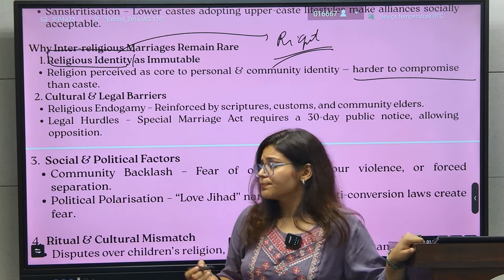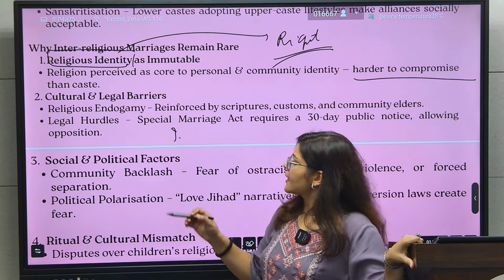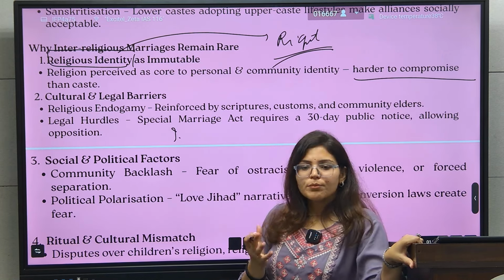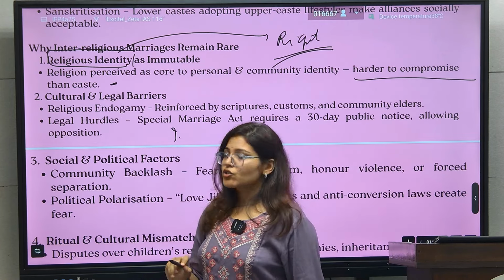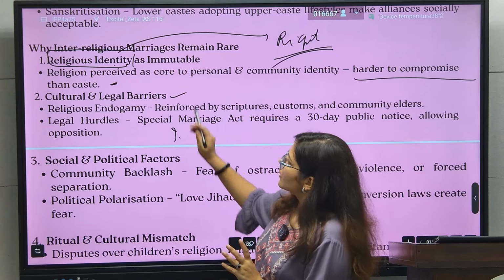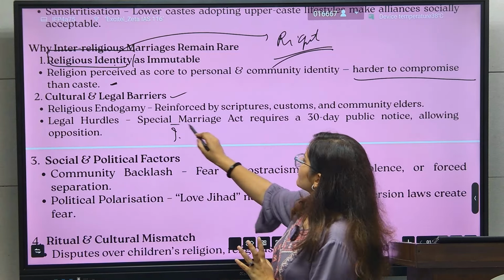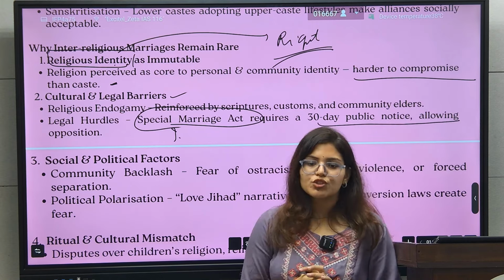So in caste, due to this income rise, due to this lifestyle rise, what happened? People are compromised with caste, but people are not compromised with religion, because religious identity is more rigid. Now the cultural and legal barrier: the Special Marriage Act provides 30 days public notice, allowing opposition, allowing